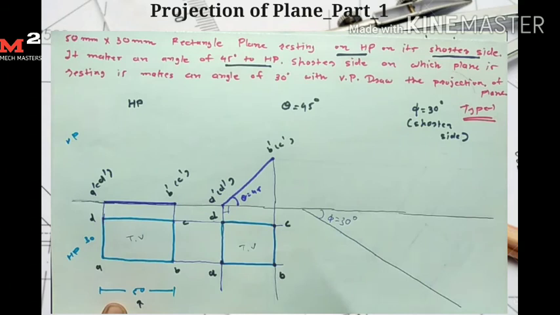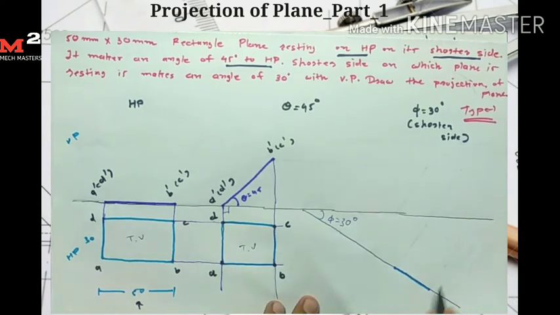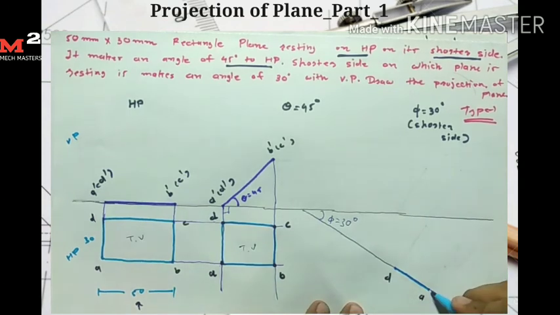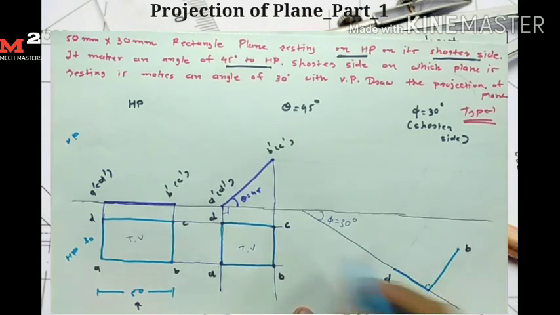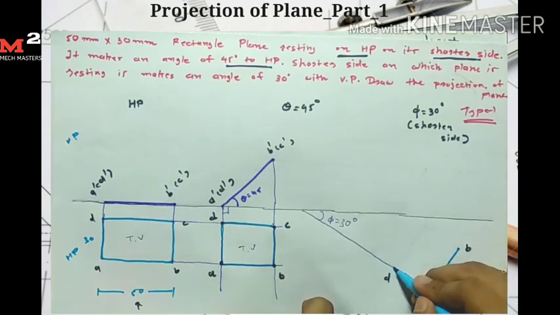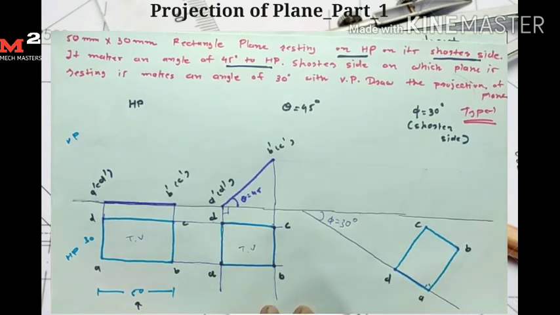First I take this side AD here, the same side AD of 30 mm. Here I give the name A D. Now I measure this distance AB and draw one line here at an angle of 90, because this is a rectangle, so this angle is 90 degrees. So here I get my point B. Similarly from D I draw this line, so I get my point C here. Connecting B and C, I get the top view for the third stage.